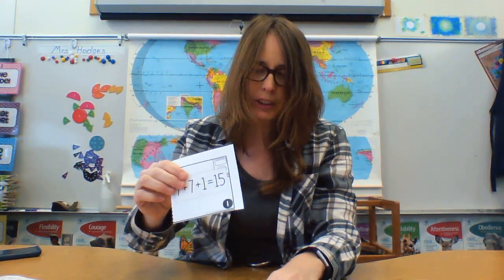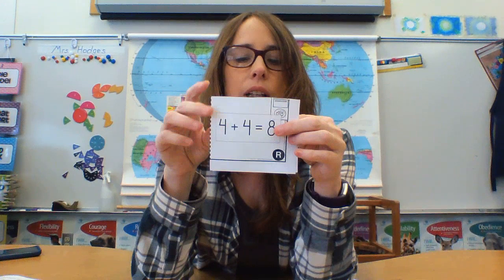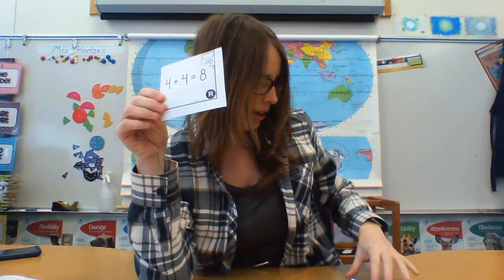And so as I go through here, I'm going to look, and it's easier. What most of them like to do is to spread them out, all the answer cards. And I'm still looking, and I haven't found it yet. Oh, here we go. 4 plus 4 equals 8. So I'm going to take letter R and number 3, and I'm going to put them together and lay them